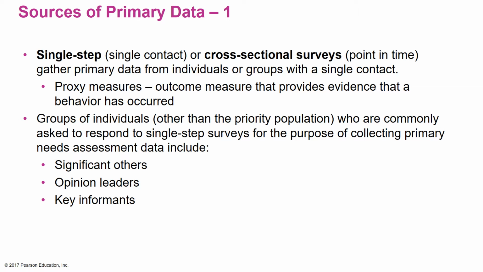The other thing that they mention on the slide are proxy measures. So if you look at the definition, outcome measure that provides evidence that a behavior has occurred. And that definition is specific to when you're trying to assess behaviors, but here's the idea. So we're using a separate measure that will tell us something about the variable of interest. So this is utilized a lot. If you look at the textbook, it gives you several examples, but